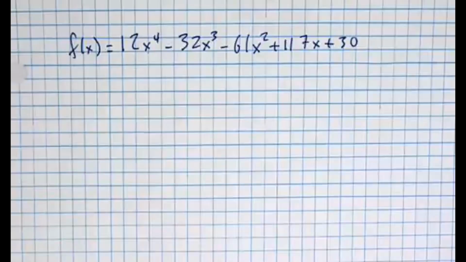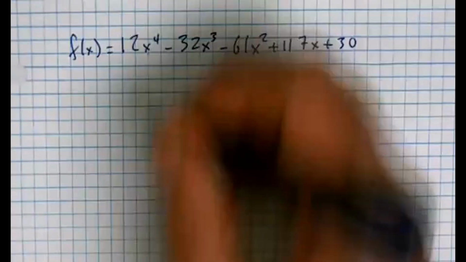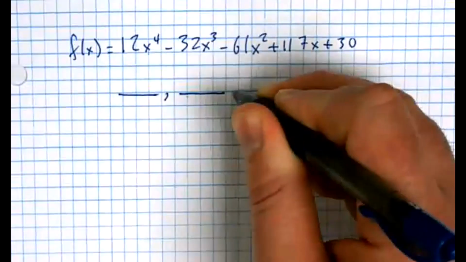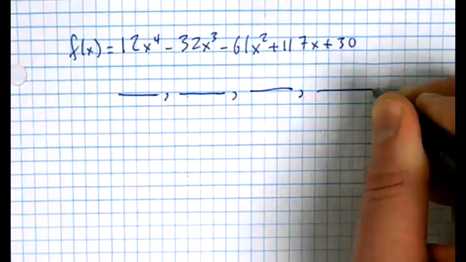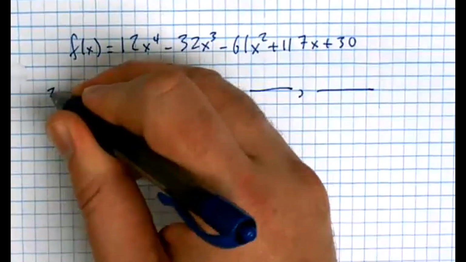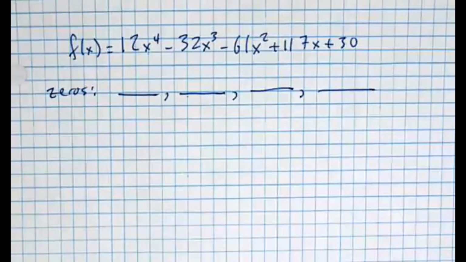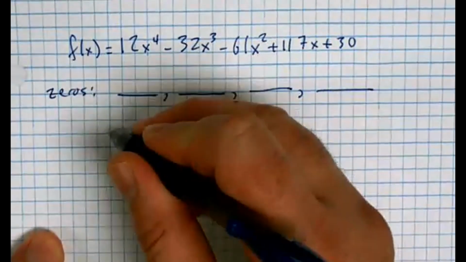So following the same process that we did in class on Friday, we're going to take this. Our goal is to find all the zeros and eventually factor it. When I look at this, I see it's a fourth degree polynomial, which means that I should have 4 zeros, although I know that some of them could end up being repeated. But I know I could have as many as 4. That also means that I should be able to, at the end of the day, factor this thing